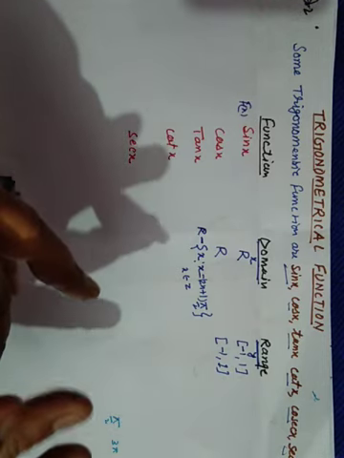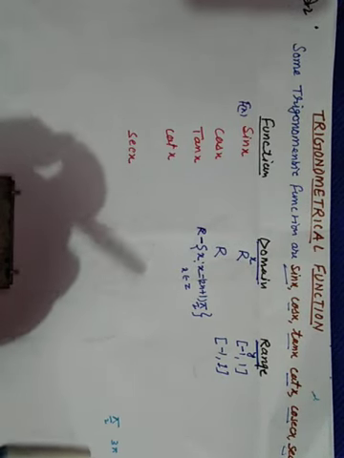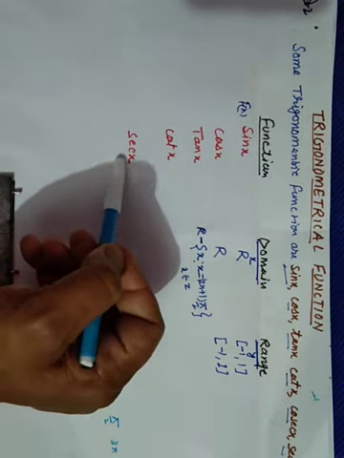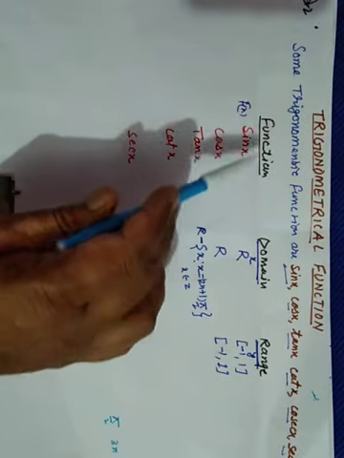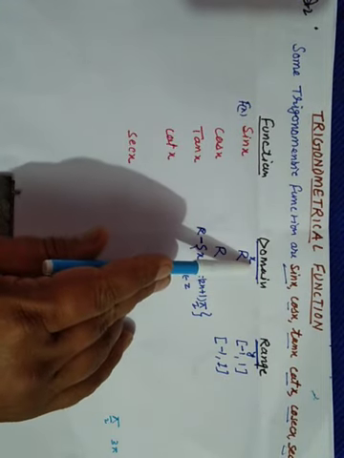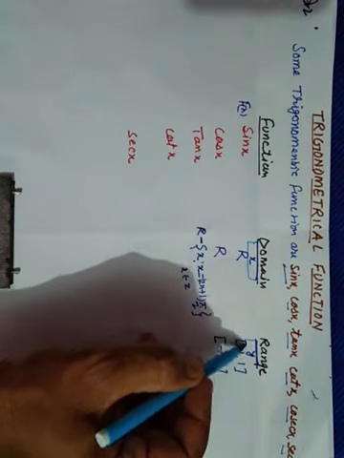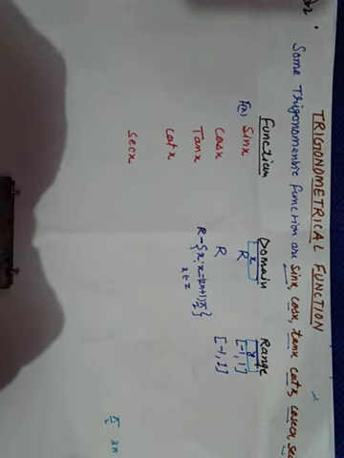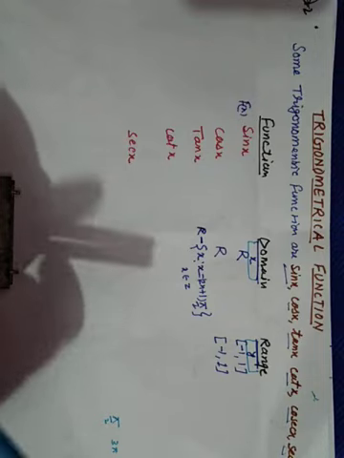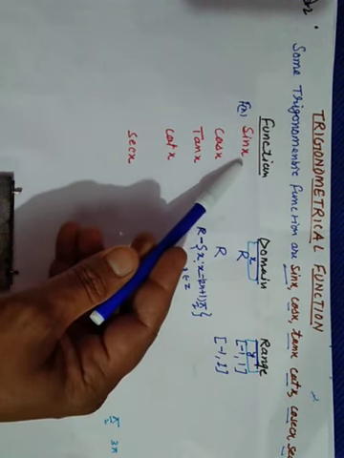Clear? So before understanding the inverse of trigonometrical functions, we must know about the domain and range of these functions. Clear? So now we have sine, cos, tan, cot, sec. You know that this is a function, so we can write it as f(x). This is the domain. So domain is the input value of x, and the range, the resultant, means the output, it is y. Clear? We know that y is equal to f(x). So now what value can you put in place of x for sin x?